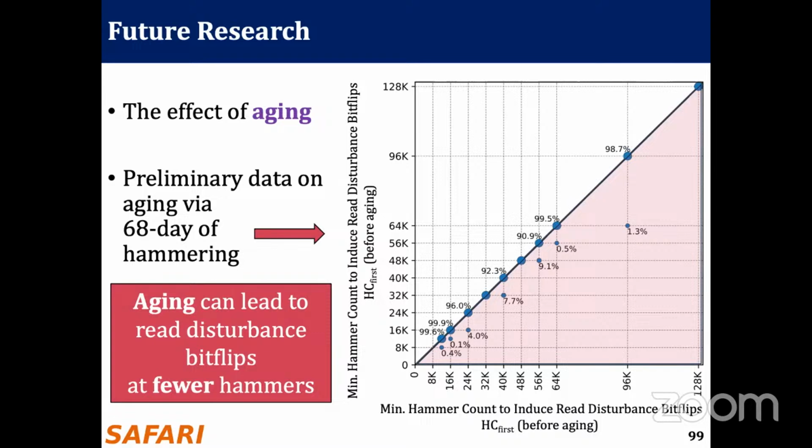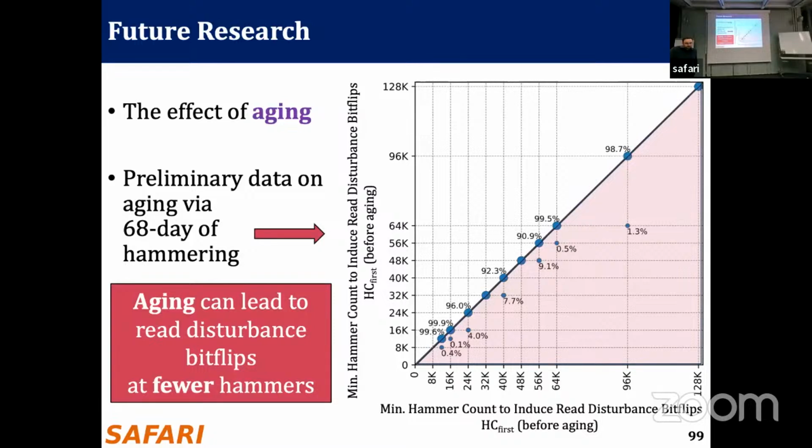And what's the temperature that you keep the module at? 80 degrees Celsius. Okay. And do you continuously keep hammering for 68 days? Yes, that's another issue, right? So it's not a methodical way of aging as well, actually. It's more just hammered aging. Yes. You keep hammering while aging. So it makes sense